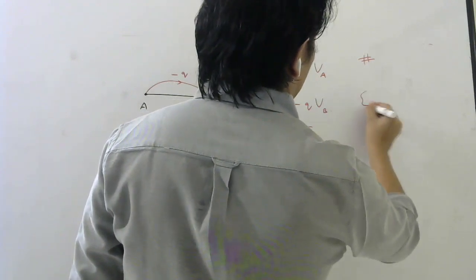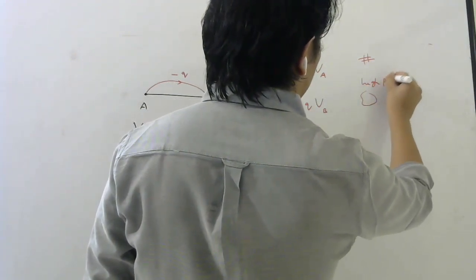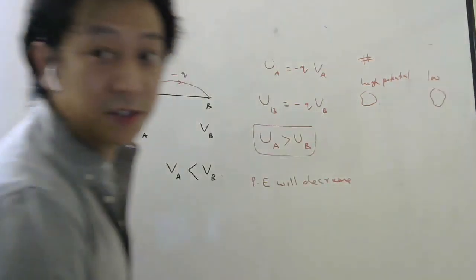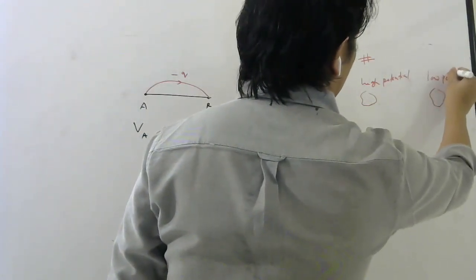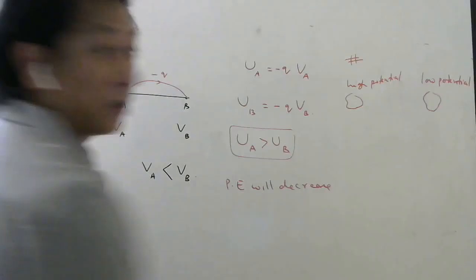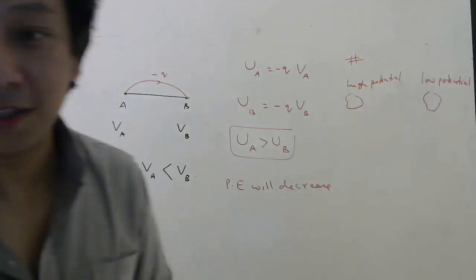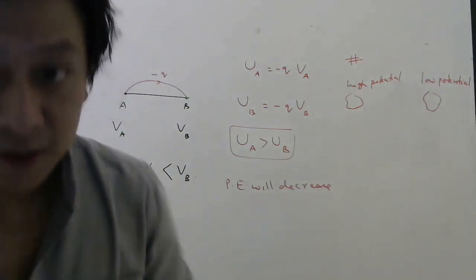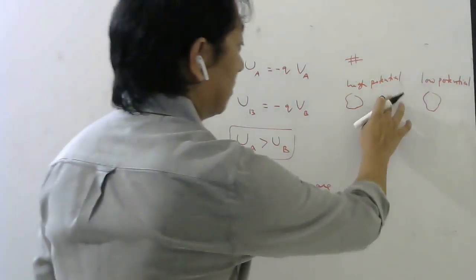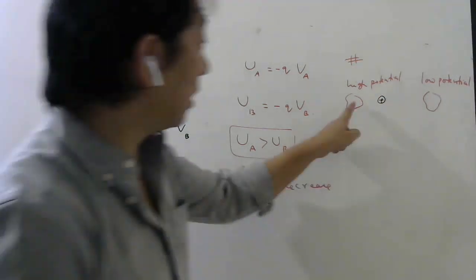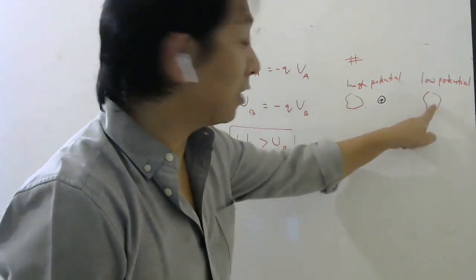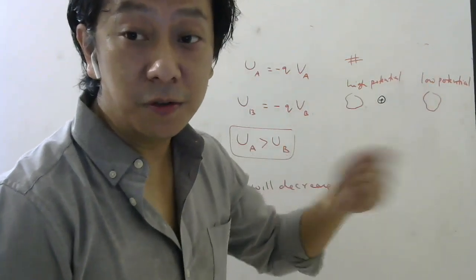Suppose I have high potential region here, and here I have low potential region. Is it visible? This is high potential region. This is low potential region. So imagine in the middle, I keep some positive charge. Now let me just add plus. So this positive charge here will have how much potential energy if it is positive charge? Q into V high, and here it will have Q into V low, right?